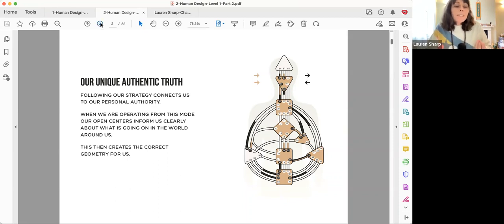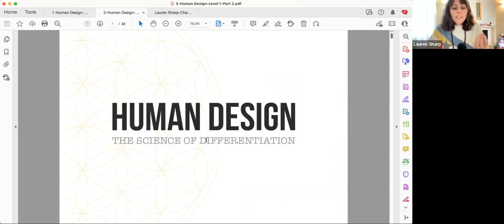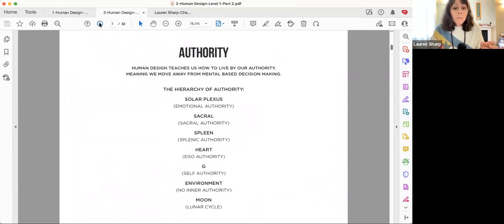Remember, we operate each differently. That's why human design says it's the science of differentiation. It's the science that each of us is so unique and so different that by understanding our charts and those around us, we realize that we're not the same, even though we might be the same in terms of our authority or our energy type. We are so different from each other. And when we live by authority, we move away from making decisions that are based in the head, where we think, is this the right thing? It's like, what is this telling us? Where is this coming from?